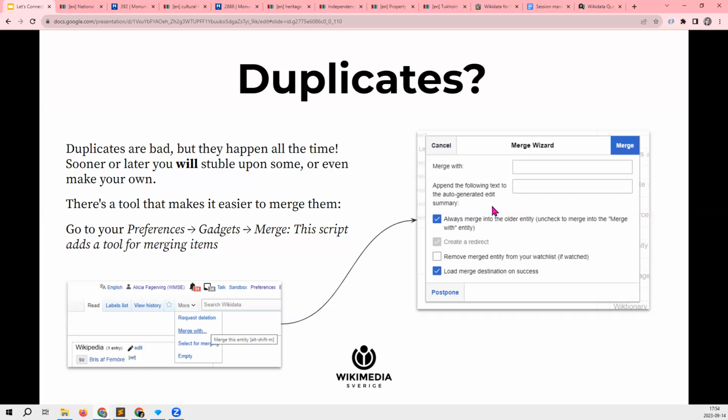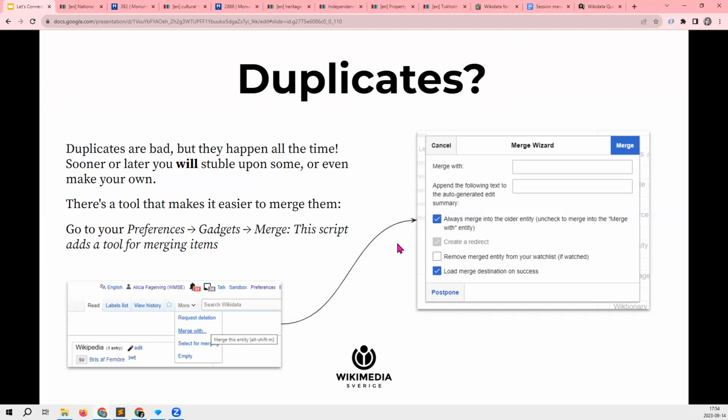It is something that will happen to you sooner or later, and you definitely shouldn't have two items about the same thing. But if it does happen, you can merge them so that they are put together into one item. There is a setting in your preferences where you can enable a gadget that makes it much easier.